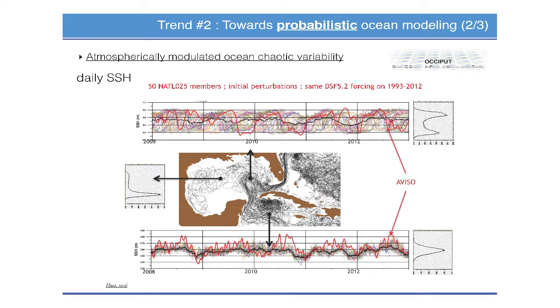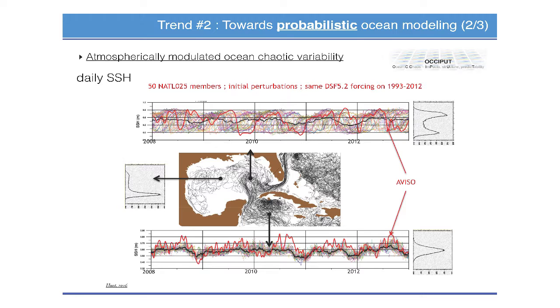Just an example here. So that's a slide from Thierry Penduff from an ongoing project here. What you see is the Gulf of Mexico here. The lines there are contours of sea surface height, daily sea surface height. And what we're looking at is the distribution. So that's from a model experiment with a large number of ensemble members describing the evolution of the same physical system, same forcing, same equation, same resolution. And what we see is that